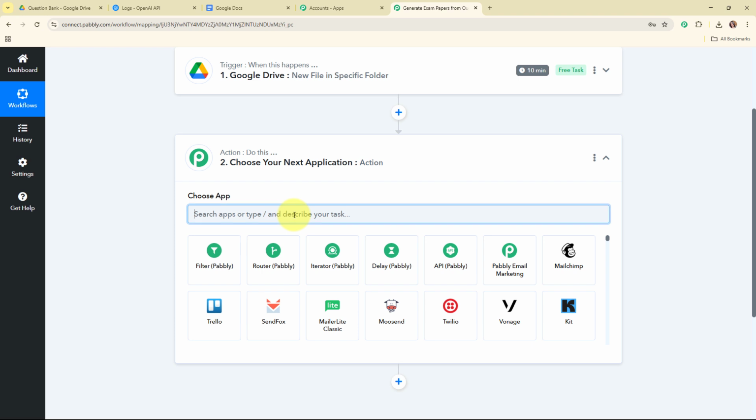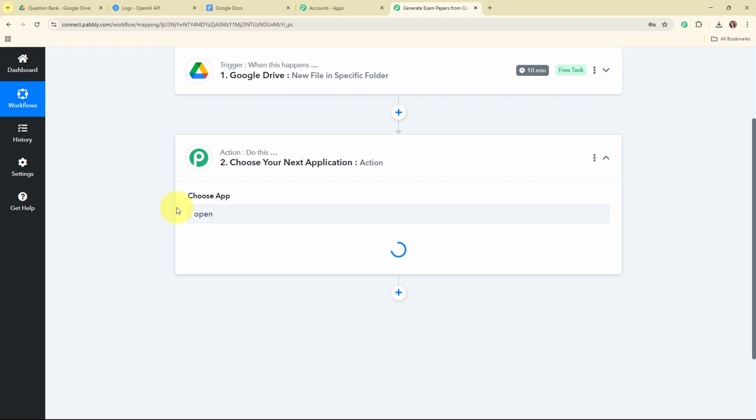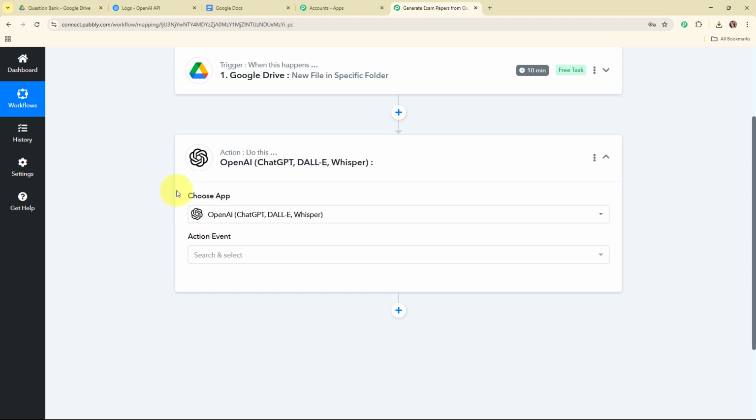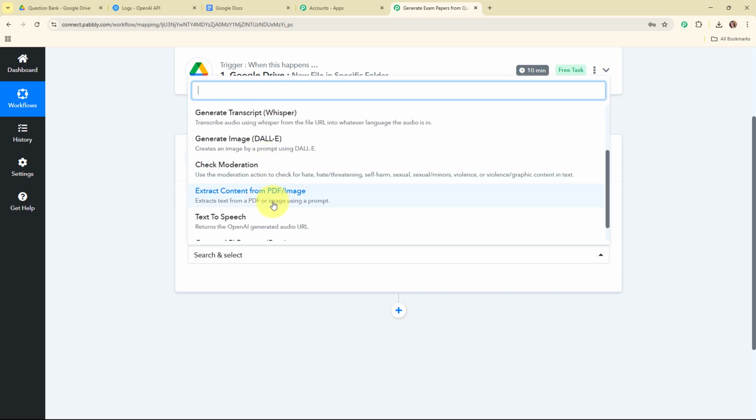So in this action step, I'm going to select my action application as OpenAI. OpenAI is a company that develops advanced AI tools and models like ChatGPT. People use OpenAI to create content, write code, answer questions, and even generate creative ideas. So in my OpenAI action step, I'm going to select my action event as extract content from PDF or image,